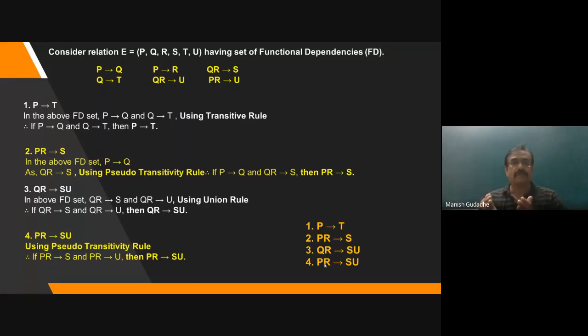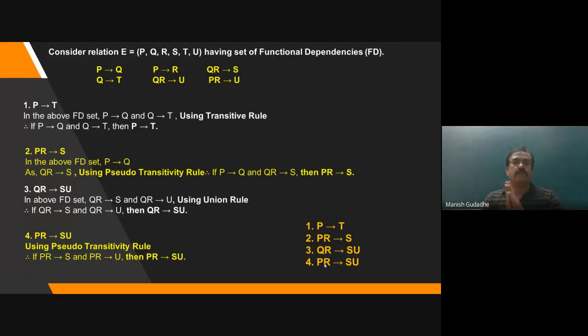So there are three things rather. One is a set of FD, which is a very prominent one, which will be generally given. Like here it is given. And secondly, a closure set of that FD, means we are going to find out a closure of that whole set. Okay, we will take the whole set into consideration. And third thing is the attribute closure.